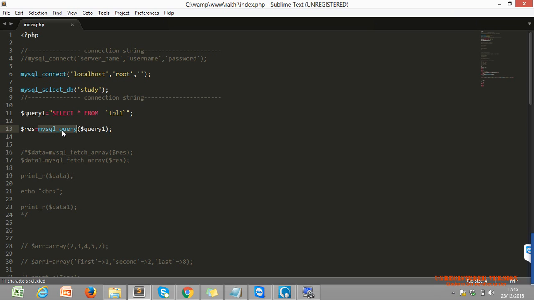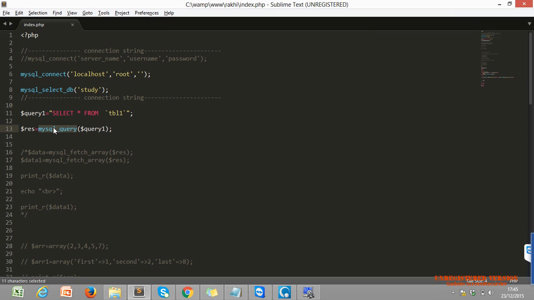This is mysql_query. Why do we use mysql_query, Rakhi? It is an inbuilt, predefined function.